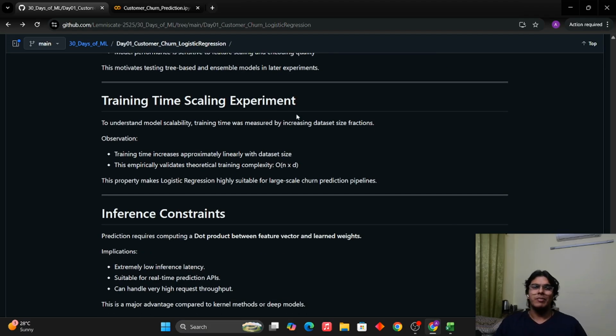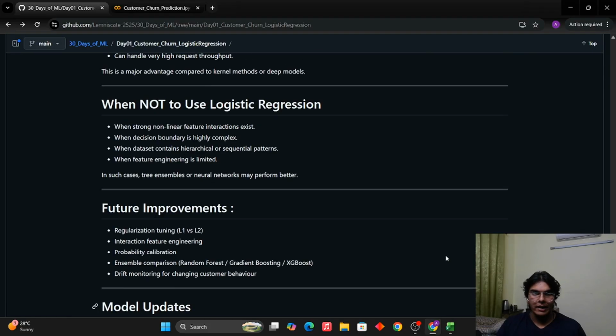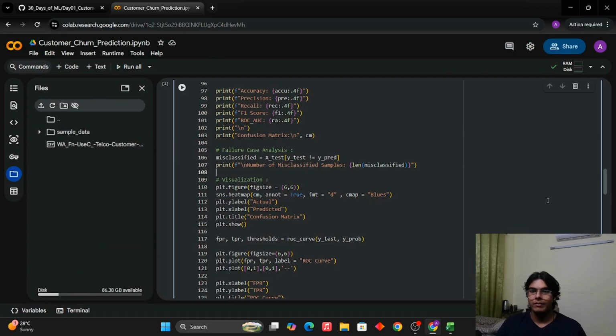So this was pretty simple. And this is another experiment that I tried to do. You can look at it. It was pretty simple. Basically, we evaluated the training time while taking different proportions of the data set. The point was to notice how the training time increases with the number of iterations or the size of the data set with logistic regression. There is also a graph to evaluate this exactly.